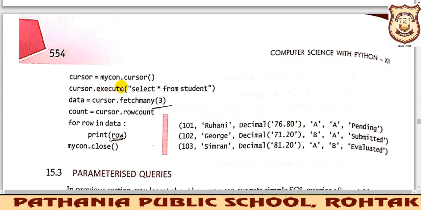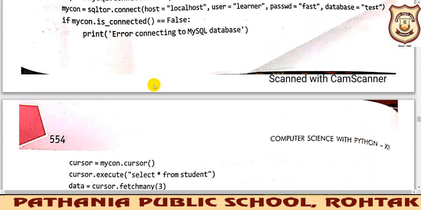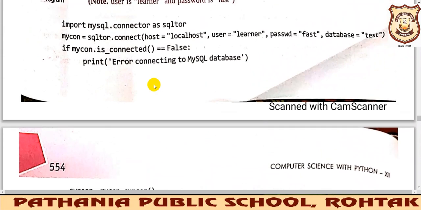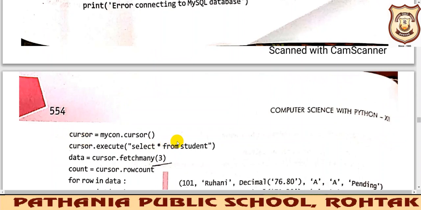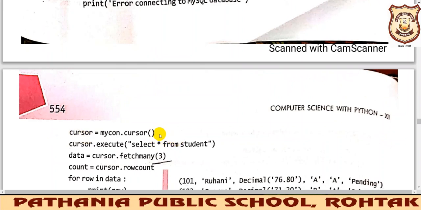So if the connection is done and the cursor is able to use the data, then it will fetch the data using this execute function. So cursor dot execute, you have to write this syntax every time. Everything up to here you need to set in your mind, because these things will not change. Up to here, everything will be almost the same in all the programs.